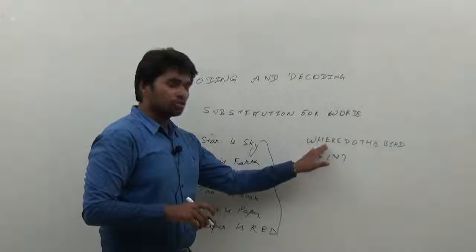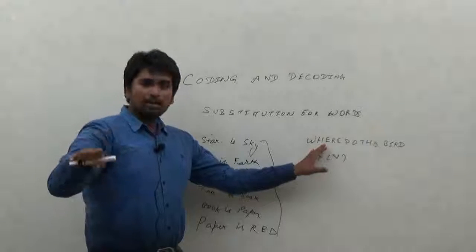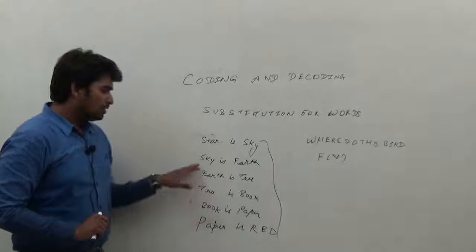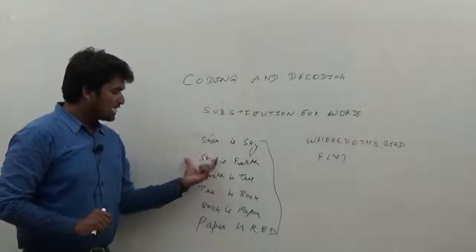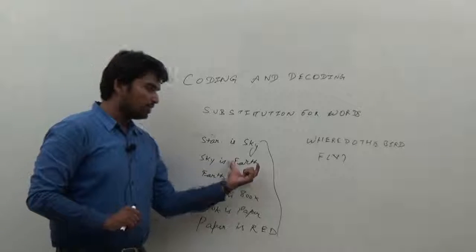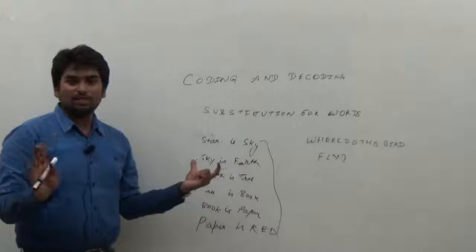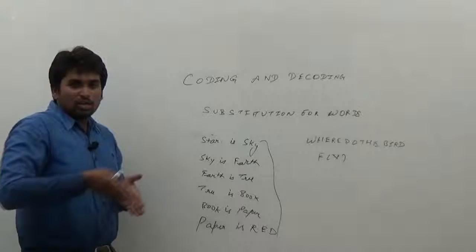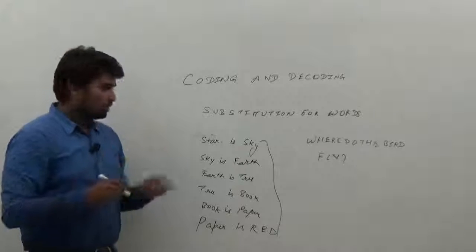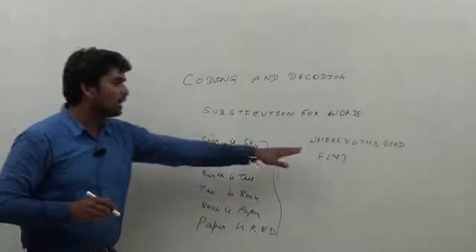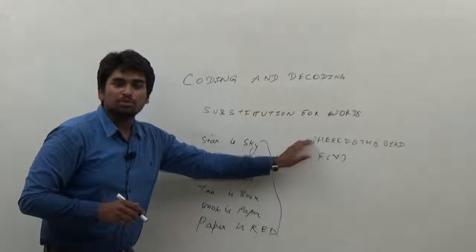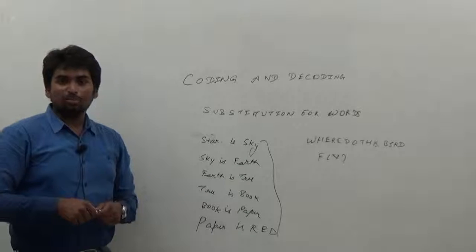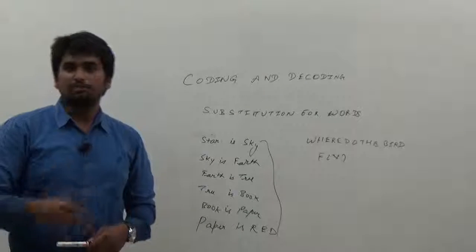As soon as you see the question, you'll tend to answer sky. That is the wrong answer, because the right answer to where do the birds fly would be earth, because the particular word sky is represented by the word earth. Here we don't take an application. We are not saying that sky is the actual answer so you have to go with sky. No, as per the data given, what is the right answer for the particular question matters a lot. So we'll carry on with further coding and decoding concepts. Let's wait.